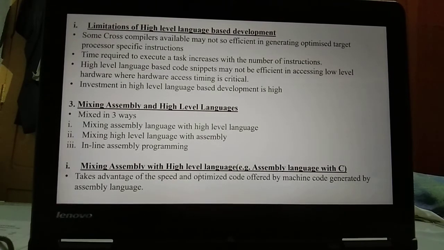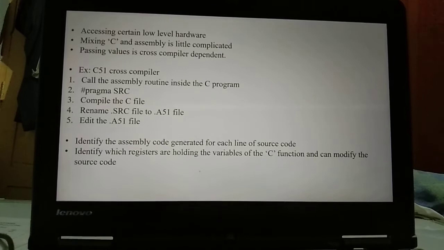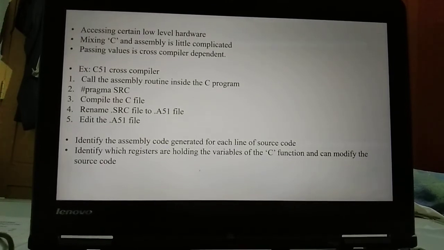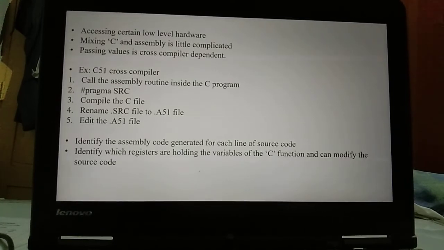And this type of mixing takes the advantages of the speed and optimized code offered by machine code generated by assembly language. Accessing certain low-level hardware is time critical. The machine code generated by the cross compiler will not meet the timing specification.